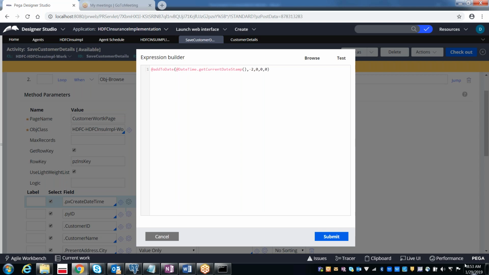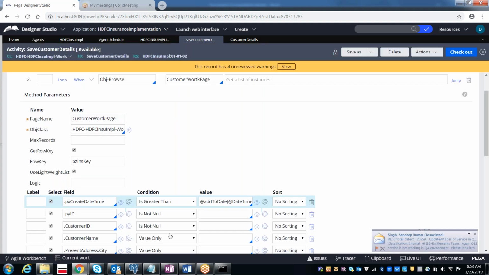In case today's date is 29, it will take 28 and again 29. Like that it will take 2 days work information, so the work objects which are created yesterday and today.